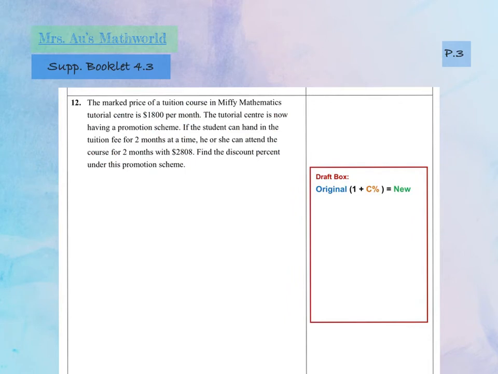So let's see how this method can be used in some long question like this one. You see the market price of the tuition cost of the tutorial center is $1,800 per month. Remember, per month means 1 month. And the tutorial center is having a promotion scheme, a discount. The student can hand in tuition fees for 2 months at a time. Then she can pay for it with